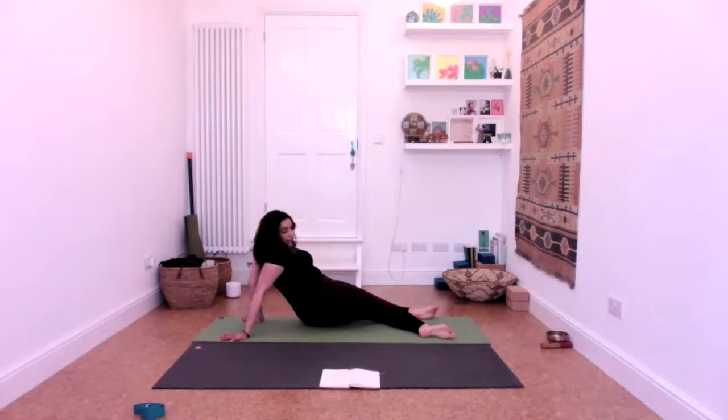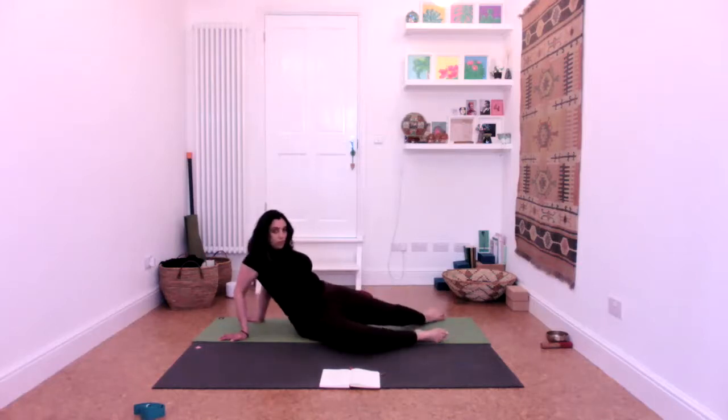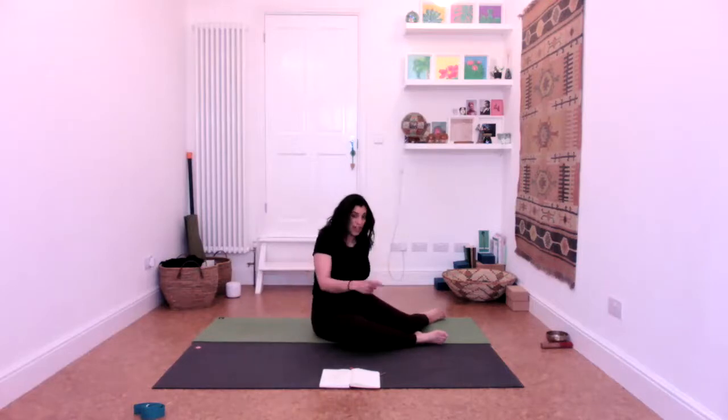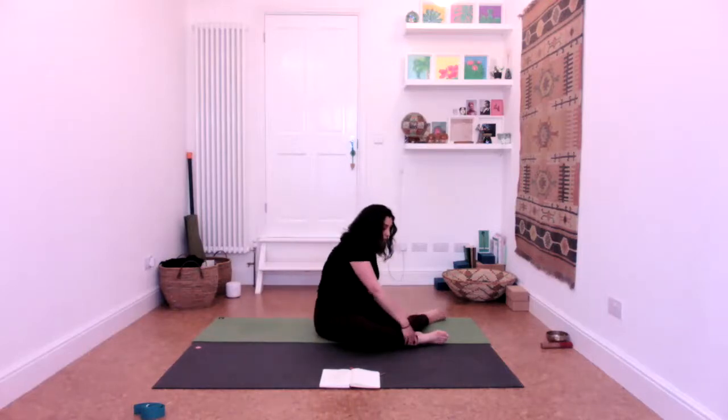Lovely. When you are next over to the right, square up. If you can, bring your upper body up, bring your right foot across and your left leg out to the side. So if you're watching me, I'm not mirroring you. I have actually got my right foot across and my left foot out to the side. I'm going to switch so that I'm mirroring, but we're in deer pose now. If you can't do deer pose,